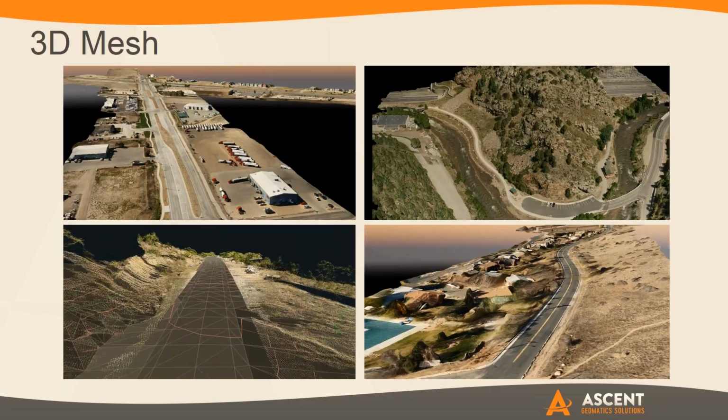Yeah, 3D meshes is basically a smoothed out, colorized point cloud that represents the surface that was collected from the air. And we have a few different examples here. There's some where it creates a really smooth surface. There's some where we can add in model features. This begins a lot of that visual component. What does it look like to a layman? What does it look like to someone that doesn't necessarily have CAD to get in front of and analyze? This is what anyone can hop in and see what the actual environment looks like that the project is being planned or worked in.